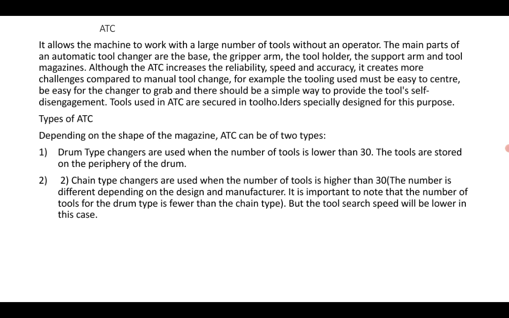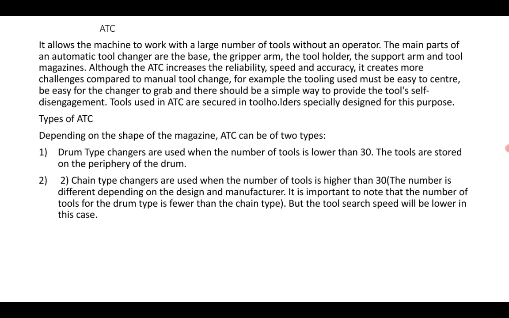The CNC machine tools and our multifunction machines are equipped with this type of ATC, which is capable of carrying more tools, depending upon what type of processes has to be performed.